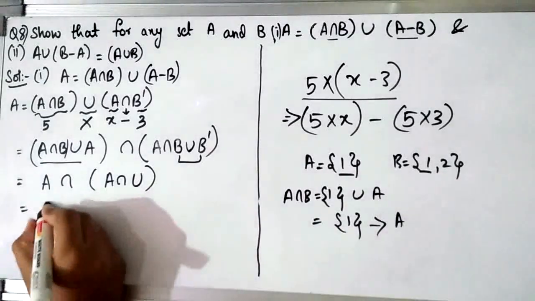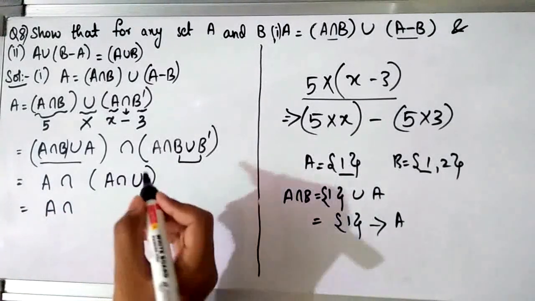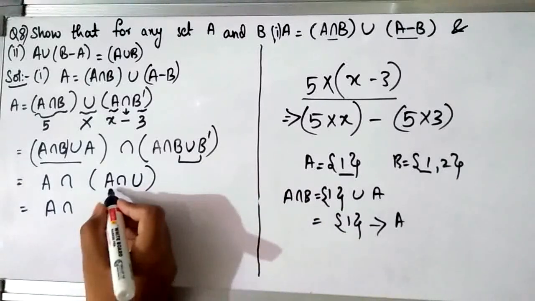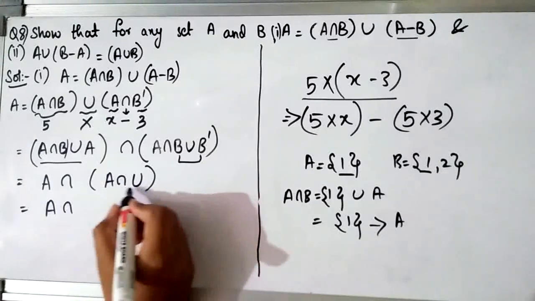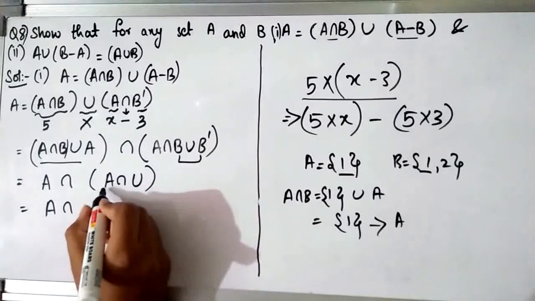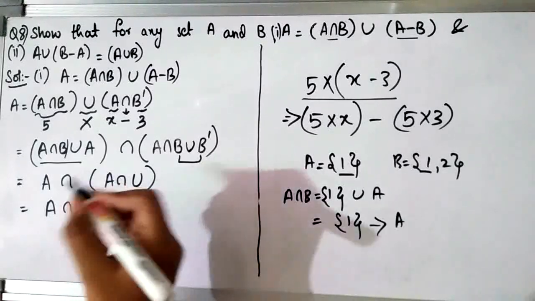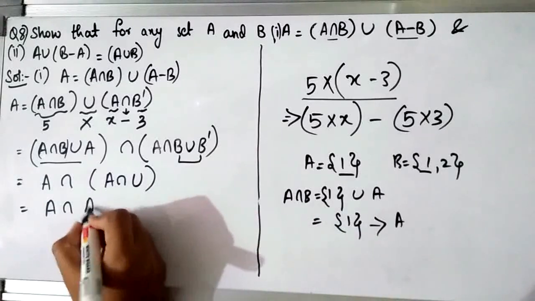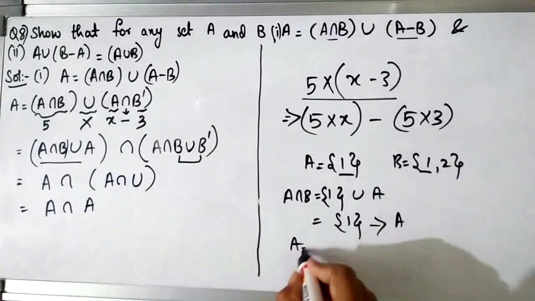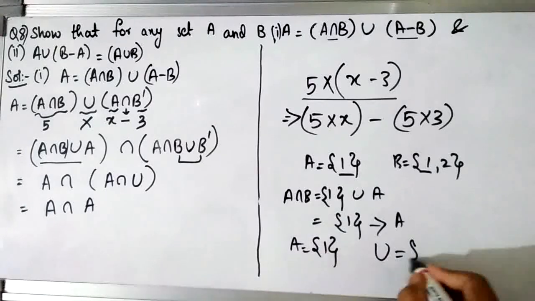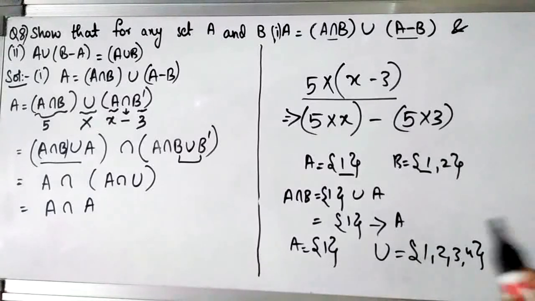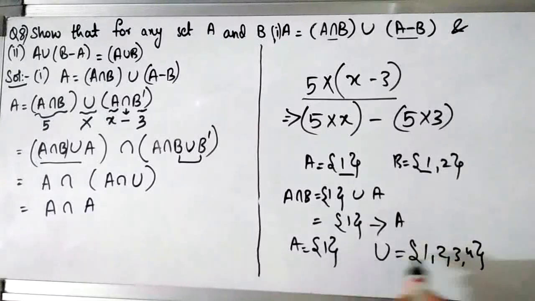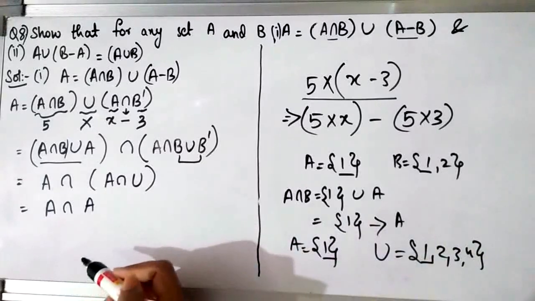Now whenever you do the intersection of a universal set and another set, the answer will be that set itself. Here you have done A and the universal set's intersection. When you do the intersection of set A and your universal set, the common elements will be from set A, so the final answer will be the set itself. For example, suppose set A is {1} and your universal set is {1, 2, 3, 4}, because a universal set is such a set which contains the elements of all the other sets, if you remember. So when you do the intersection, what you get in common is 1, and 1 is nothing but your set A itself. So that is what we wrote over here.